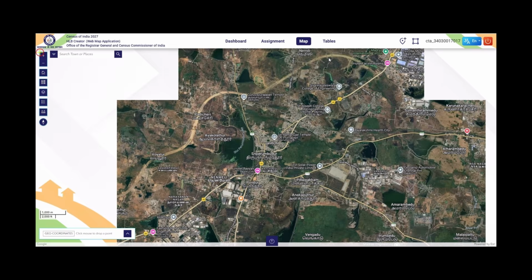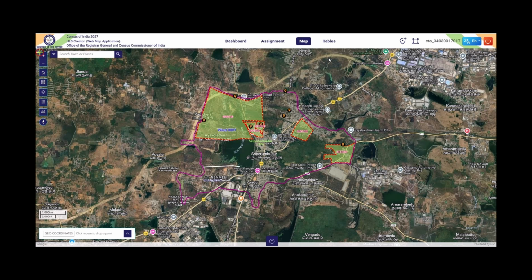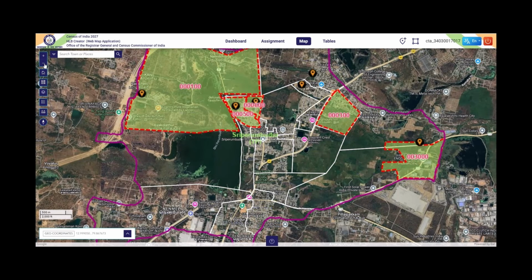The map module provides necessary functionalities for geotagging of landmarks and demarcation of boundaries for all the HLBs created in the HLB list creation module of CMMS. By default, you are zoomed in to your assigned charge boundary. On the left-hand pane, you can see the basic map functionalities like zoom in, zoom out,